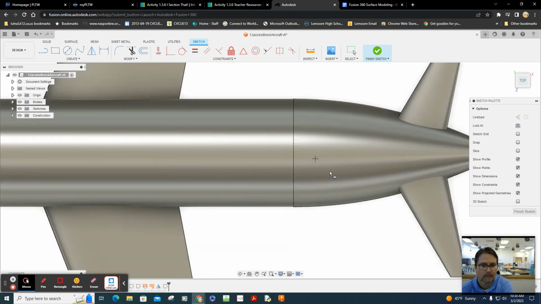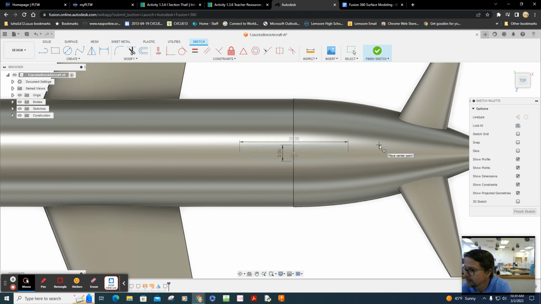So let's pick the center here. Let's move over 20 units. Let's drag it up 3 units.